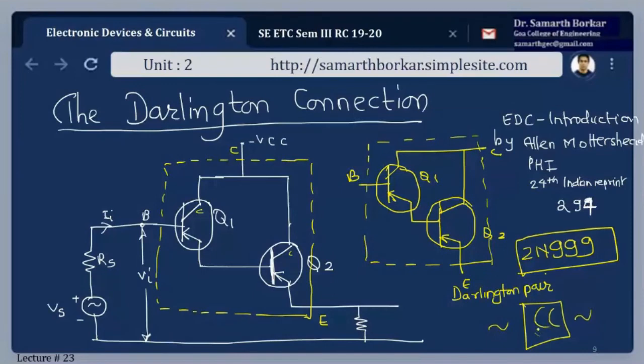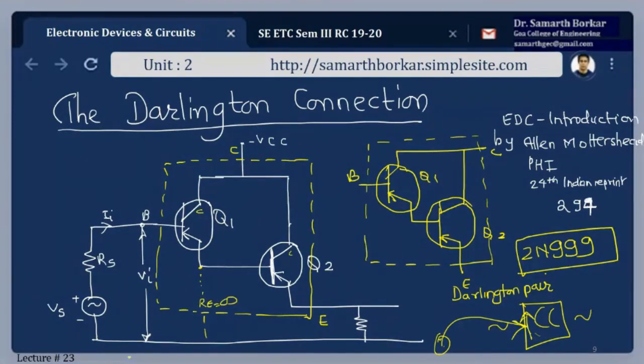And you know, when the signal is very small, we will discuss in class why input impedance has to be high. Only when your input impedance is high can you make sure that the entire small signal reaches the amplifier section. So when the input signal is small, we have to have this Darlington connection somewhere in the multi-stage blocks. It will offer me a very high, in fact infinite, emitter resistance. See here, this is the emitter. If I trace, there is no resistance connected here. That means this resistance is infinite.